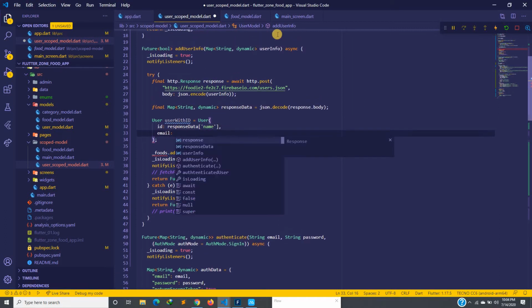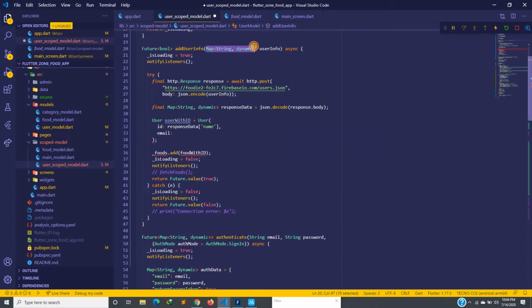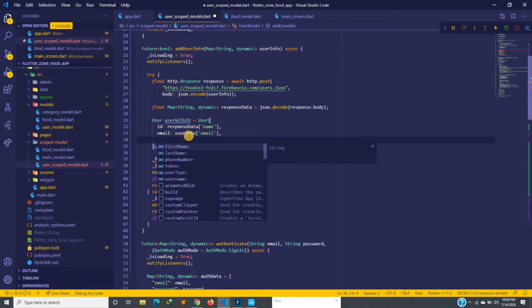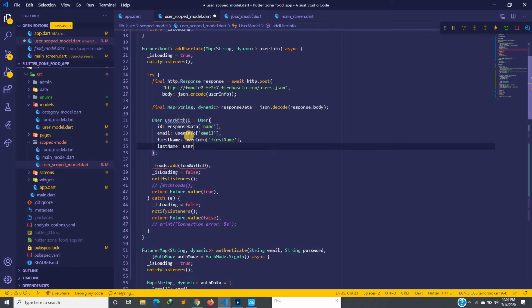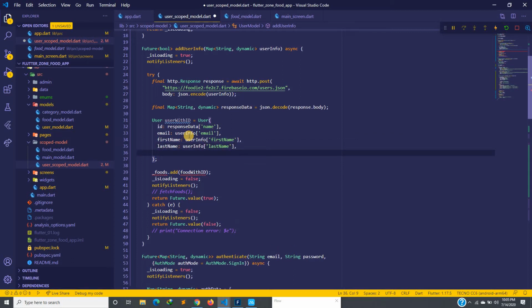So you see we have the email here, and when we pass in the map, we know that the map will contain the email. So here we can also go ahead and create user info, and then we can accept the email. I'm also going to do the rest, first name, user info, first name. I'm just going to do the rest. I think you get what I'm trying to do here. User info, last name, and what again,